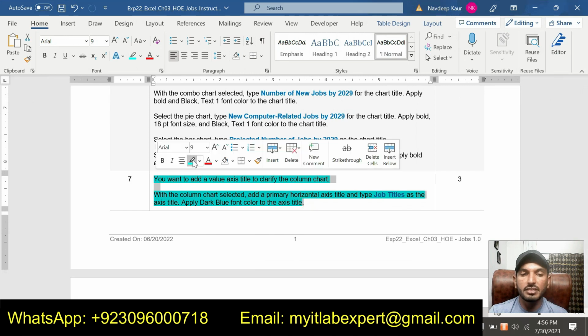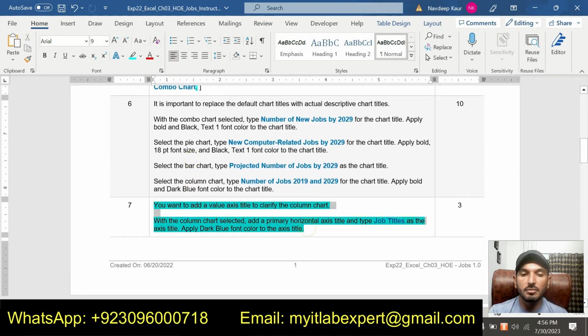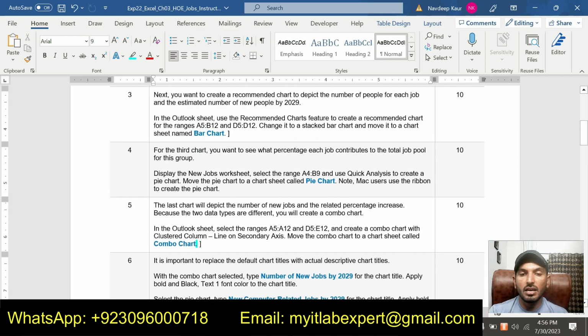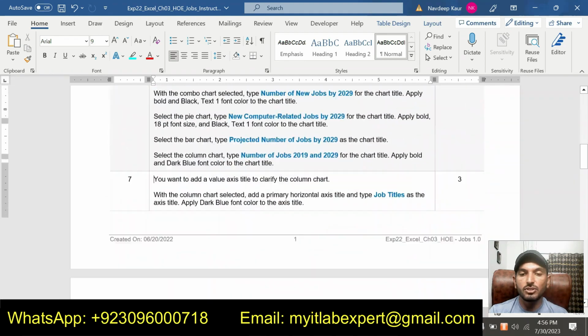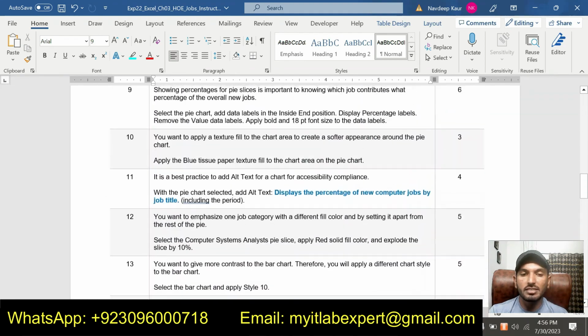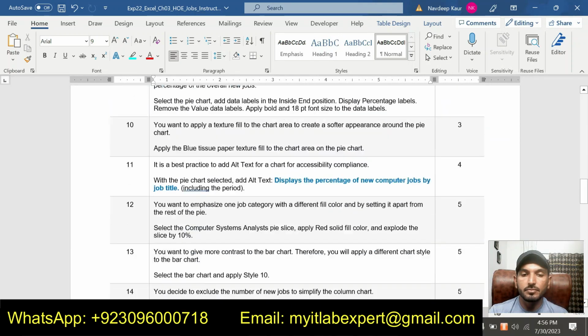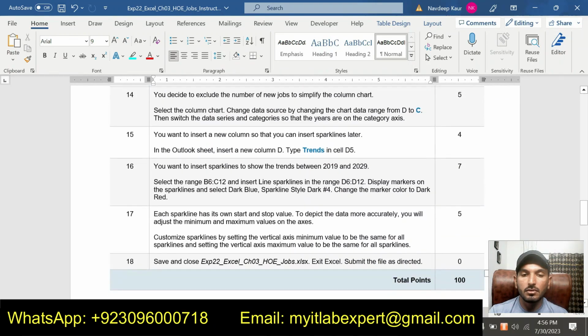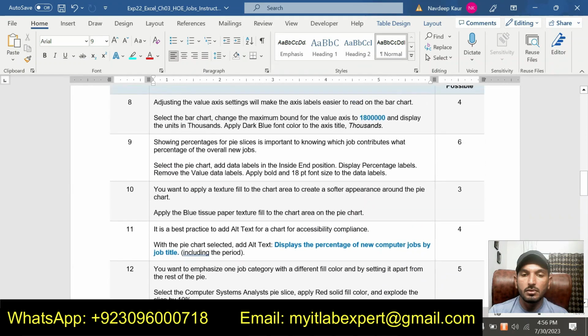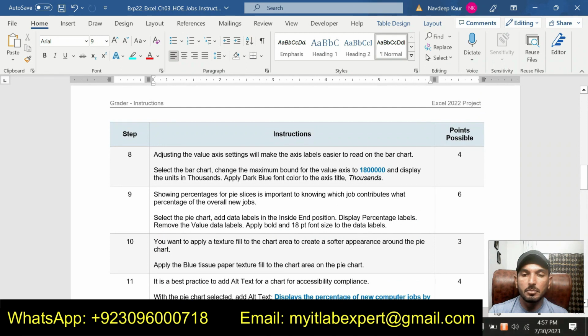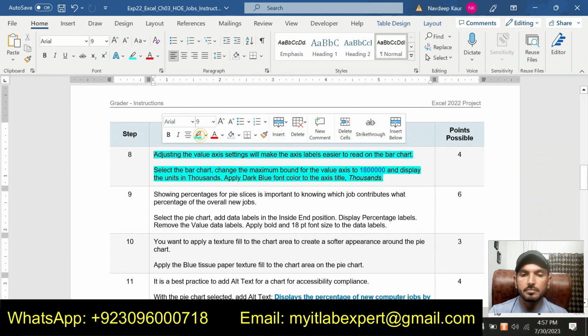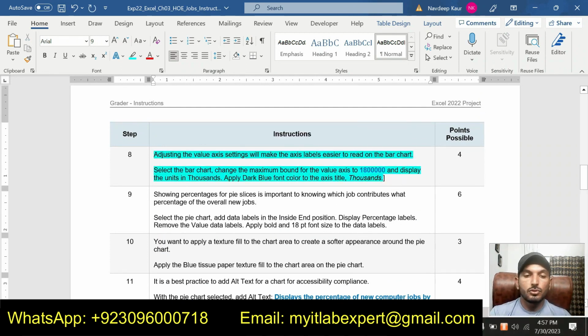So I have completed 7 steps for this assignment so far. I have done each and everything in this video, and now we will move to next step, that is step number 8. And step number 8 is, so adjusting the value axis setting will make the axis label easier to read on the bar chart.